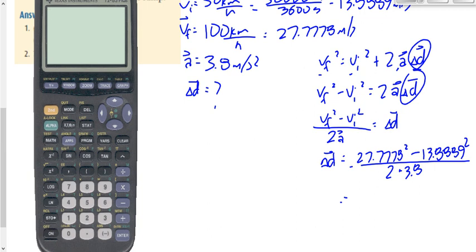Now, what did we say here yesterday and the day before in terms of doing things on your calculator? Do what's on the bottom first. So let's say 2 times 3.8. The bottom gives me 7.6. Now let's do what's on the top. 27.7778 squared minus 13.8889 squared equals, and then let's divide that number, 578, by the number we had on the bottom, 7.6, gives